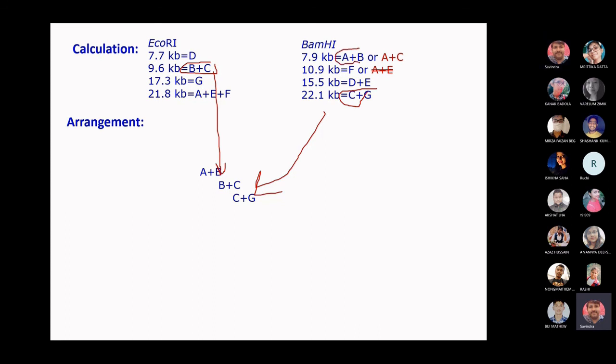क्योंकि अगर हम A plus B यहाँ ले रहे हैं तो यहाँ पे C plus G होगा. अगर यहाँ पे हम A plus C ले रहे हैं तो B plus G होगा. But the meaning will remain the same. You have to replace B with C only. It may be ABC or it may be CBA. Sorry, ACB. Okay, is this point clear? Yes, sir. Yes.